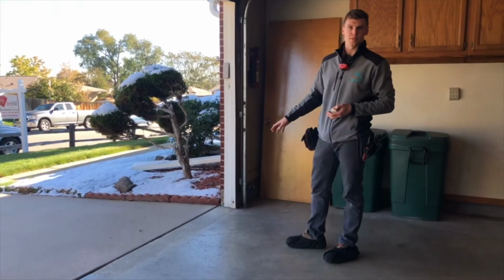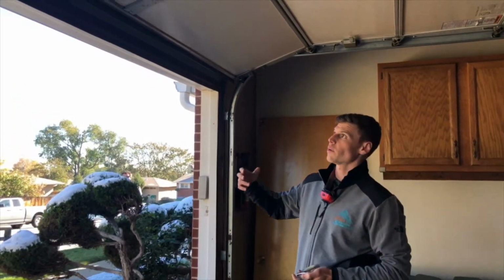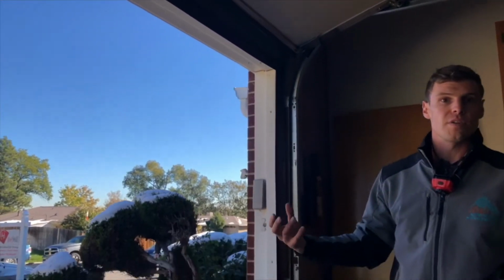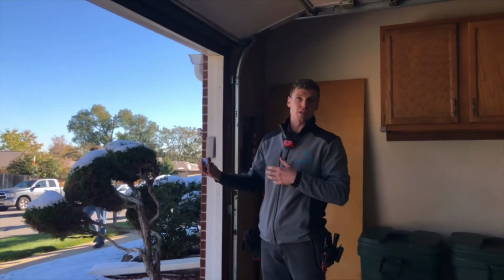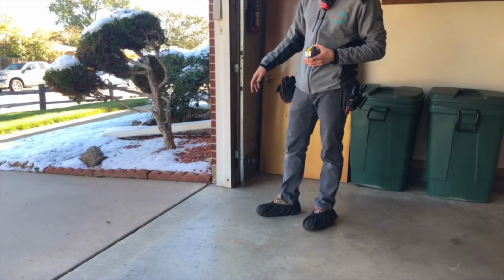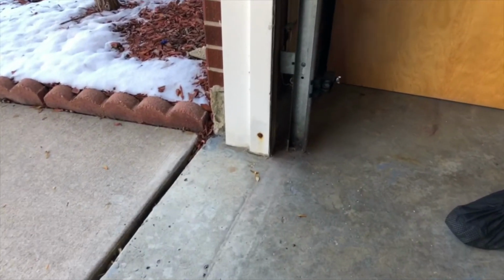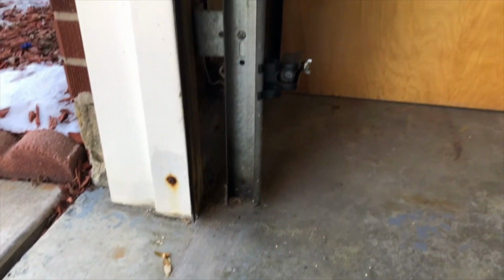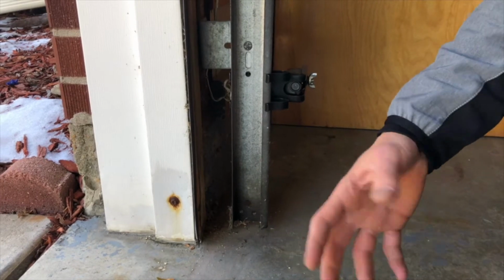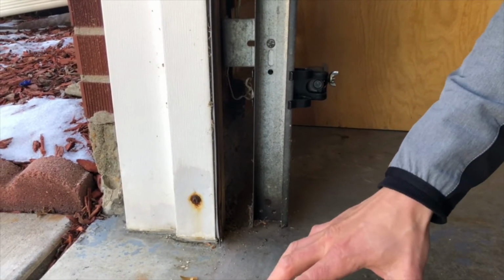Wanted to talk about optical safety sensors for garage doors. Garage doors, we don't think about it, but it's really one of the most potentially dangerous moving parts of a home. It's large, it's heavy, and it does have the potential to cause bodily harm. Optical safety sensor here helps prevent against that. Most notably, this would prevent an object or a human, most notably potentially a child, from getting caught under the